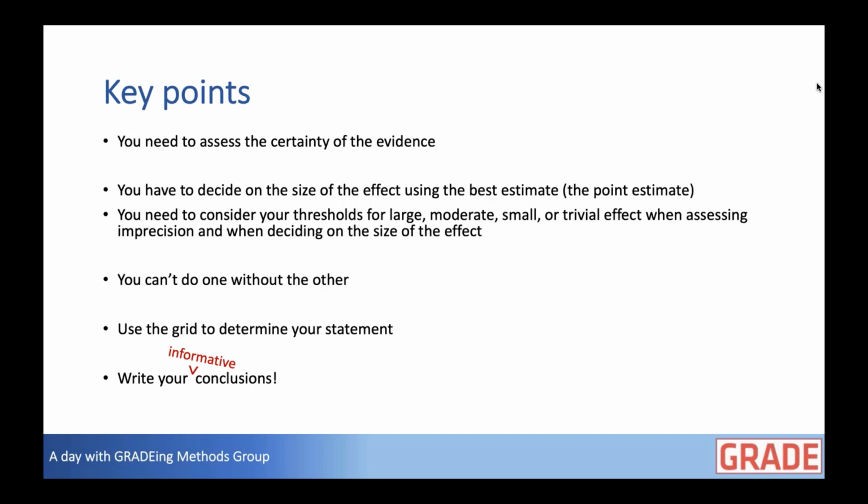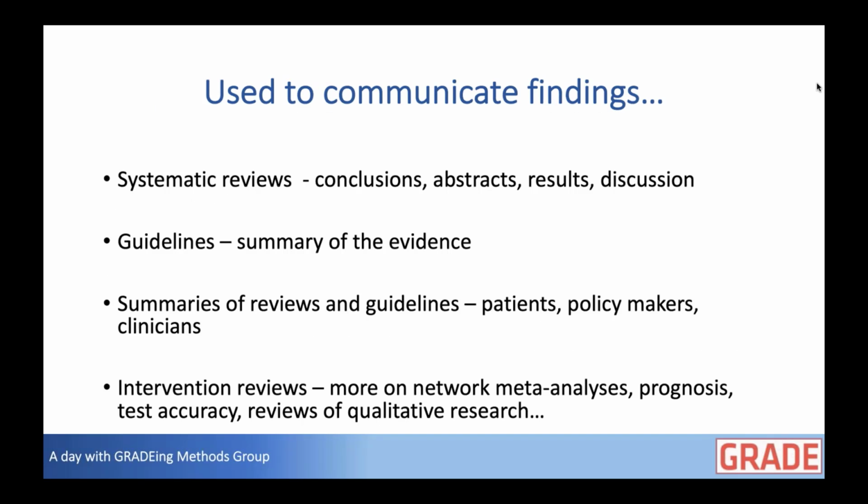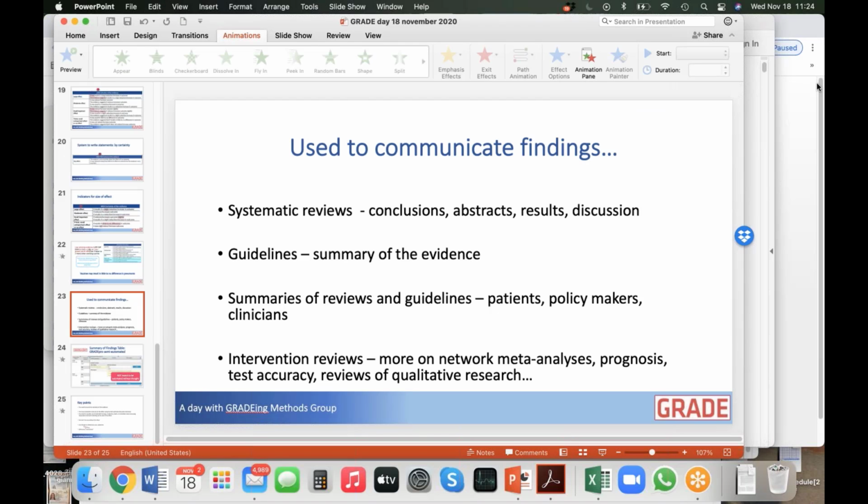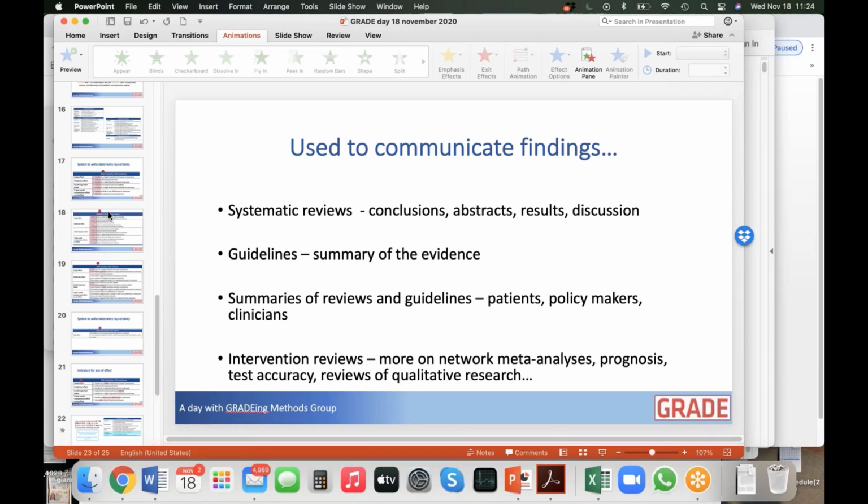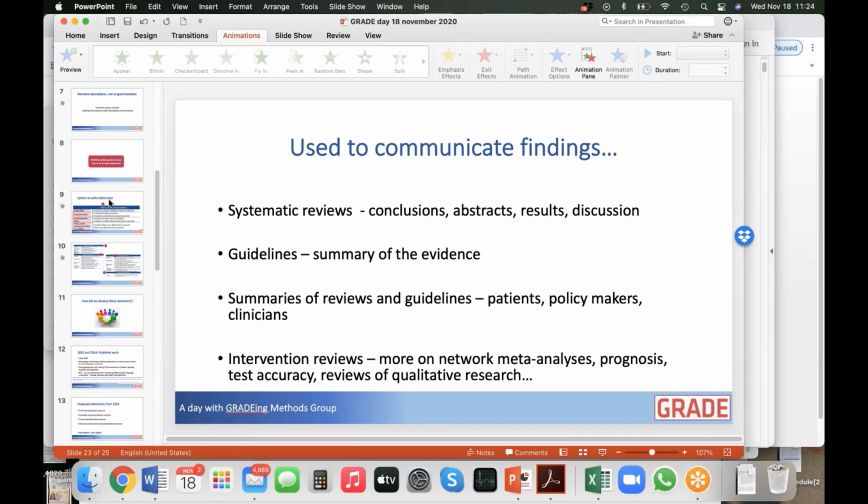Thanks, Nancy. A question from Stefan. How would you formulate a summary statement when the 95% confidence interval lies between the MIDs for harm and benefit, thus indicating true equivalence? I guess, could we clarify that question? Sure. If the point estimate lies between